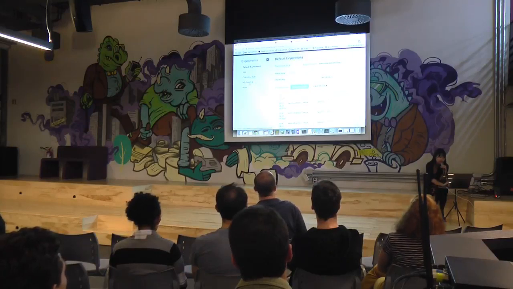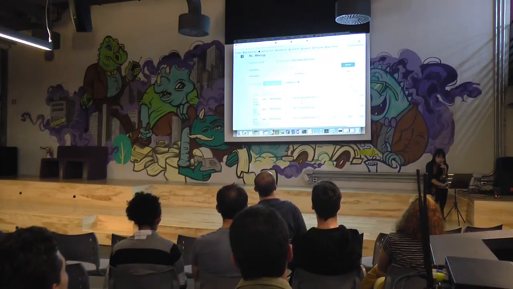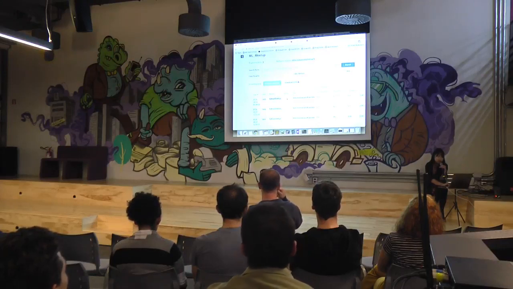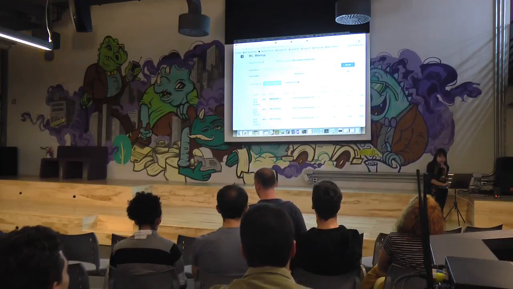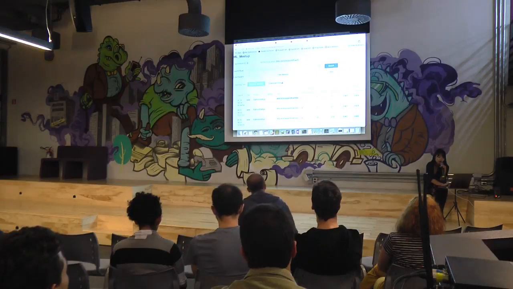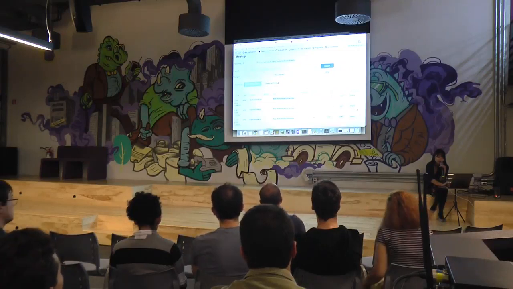So here I have my ML Meetup experiment, and I'll be able to see all the various runs I've done, and who did it, and the source code. This will only appear as a Git hash if I've packaged it up as an ML project and then run it as an ML project. For me, I ran it from a notebook, so it's not going to show. It's going to tell me where the data is and all the metrics that I've tried before and the accuracy.